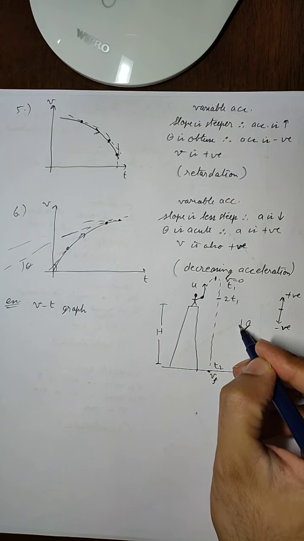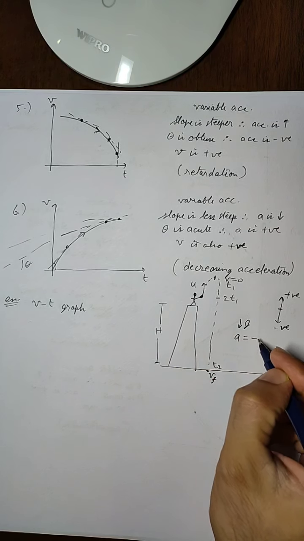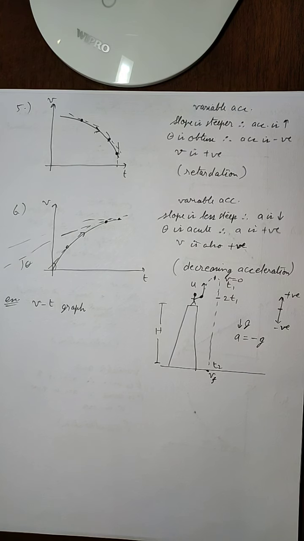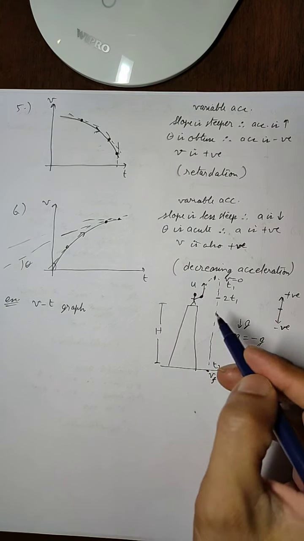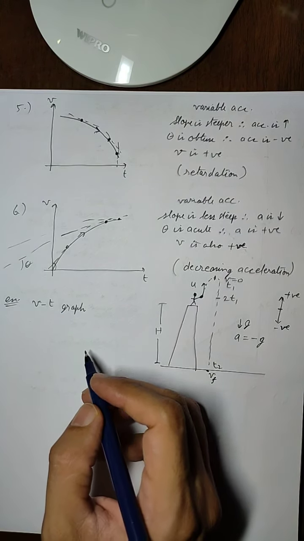Since acceleration due to gravity is always in downward direction, we are going to take acceleration as negative. a will be equal to minus g. Throughout the motion, the acceleration is minus g. Now if we plot this graph,